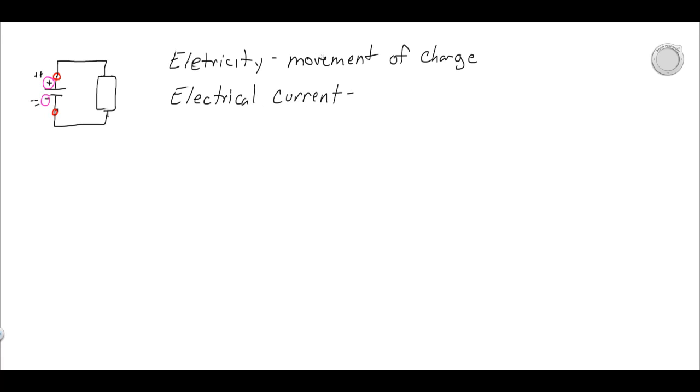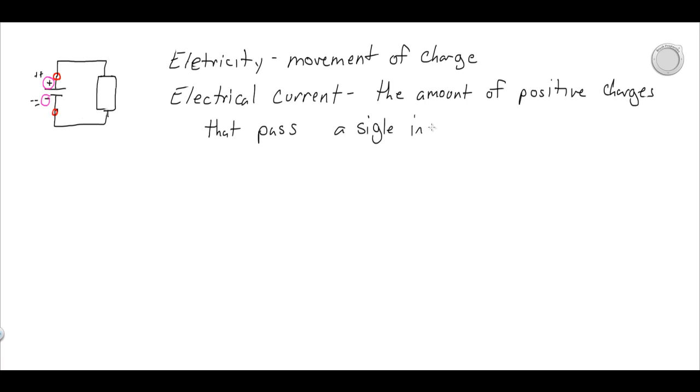And we're going to define that as being the amount of positive charges that pass a single point in a circuit